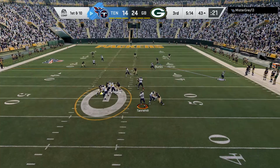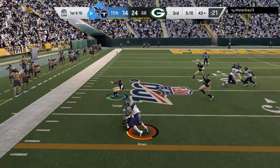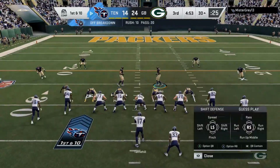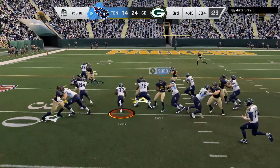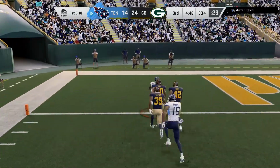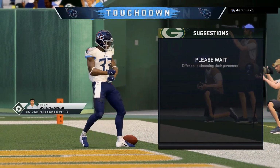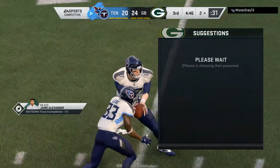On 1st down, a shotgun snap for Tannehill. Got a man, it's Brown. And brought down, but able to get it to their 30-yard line. 13 yards is the pickup for Tennessee and a 1st down. Now Lewis here on 1st down. Lewis, touchdown Titans. Dion Lewis, 30 yards, as they are now just an extra point away from making this a